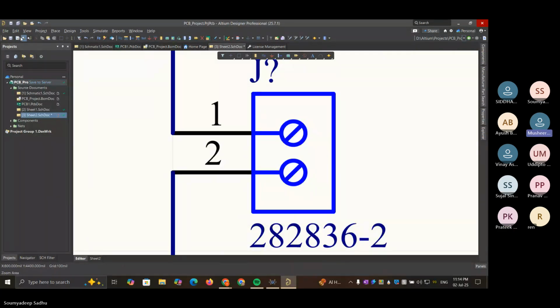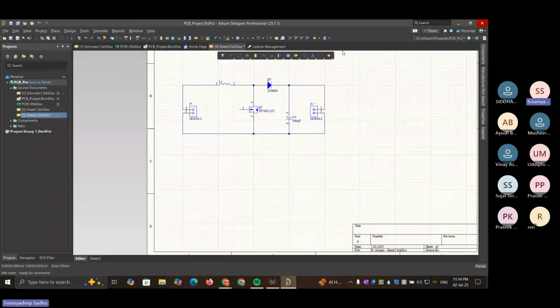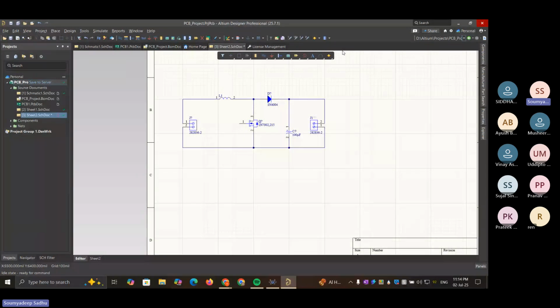Yes, but like, can we simulate it or something? हम यहाँ स्कीमेटिक्स पे नॉर्मली सिमुलेट नहीं होती है ना स्वामी जी। हम सिमुलेट कर सकते हैं, पर the thing is, अभी के लिए हमें यहाँ पे ये वाला जो ऑप्शन है, यहाँ से हम वोल्टेज सोर्स लगा सकते हैं। And यहाँ पे ही अगर तुम ये जो एरो है, इस एरो को अगर थोड़ा क्लिक करके रखोगे तो there will be voltage probe. ठीक है, तो ये वोल्टेज प्रोब लगा के तुम आउटपुट वोल्टेज भी देख सकते हो। But the problem is,